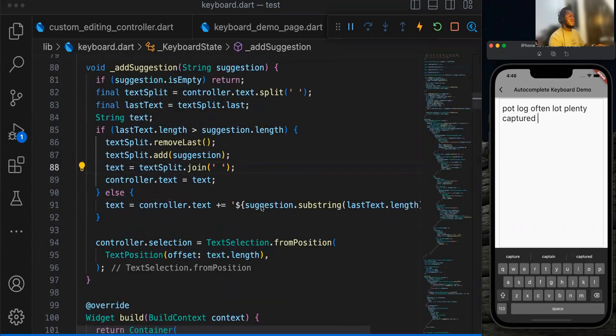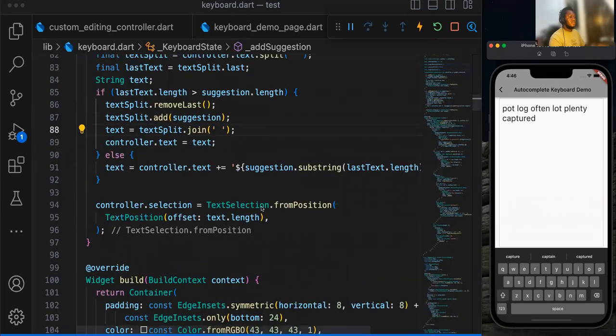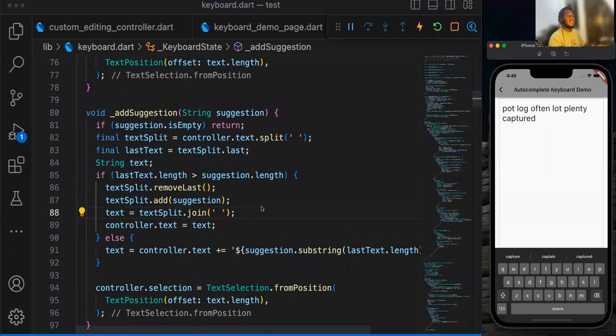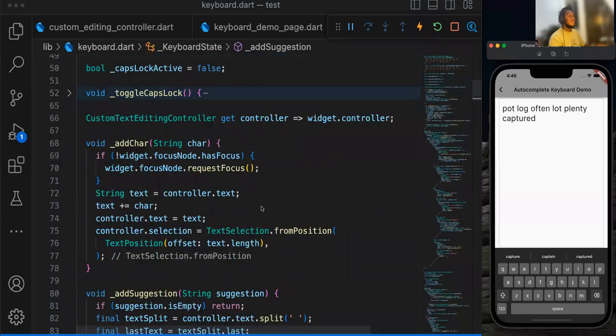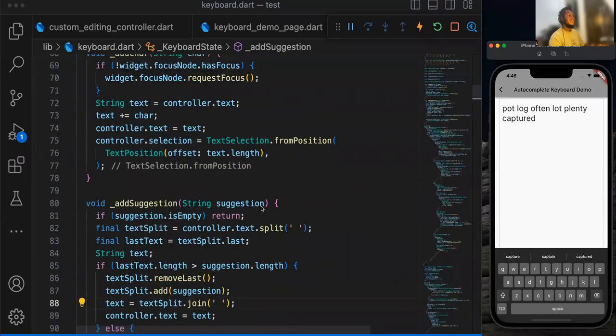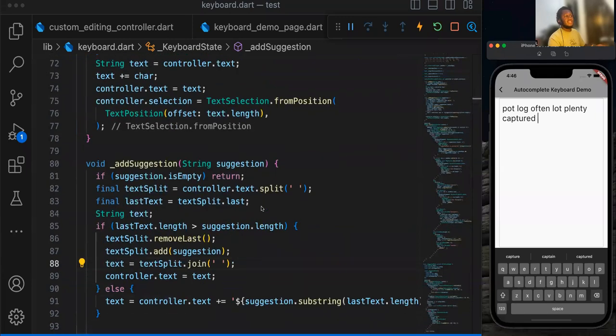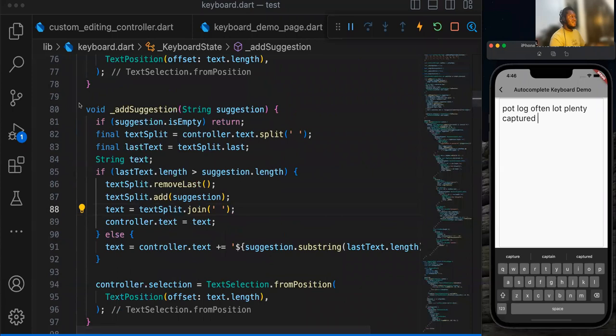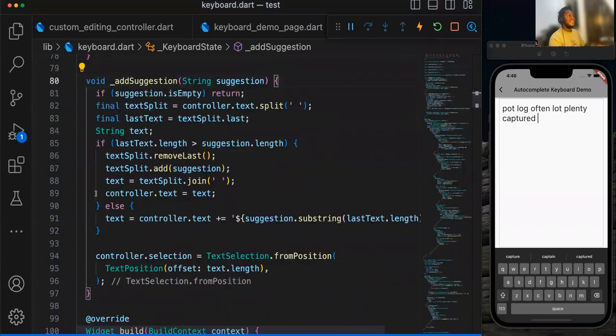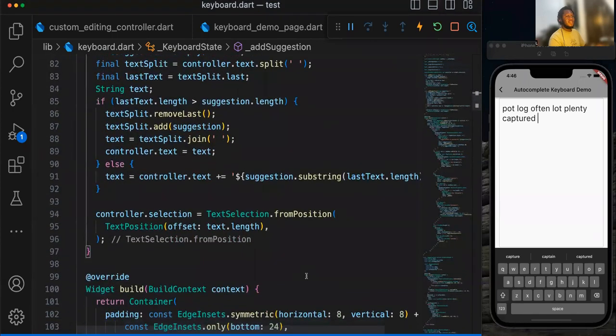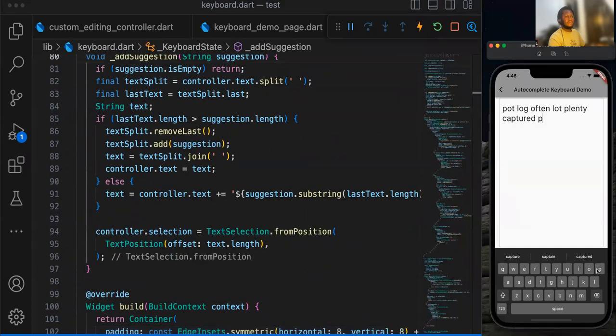Okay. All right, so we've just discovered that this actually also does spelling corrections based on the data sets that we have in our trie. So that's a good discovery. And yeah, I think the last thing that we want to do is to fix this